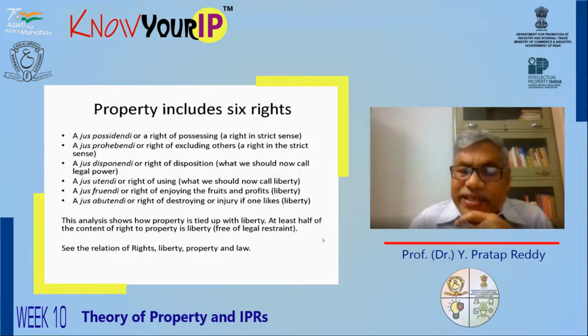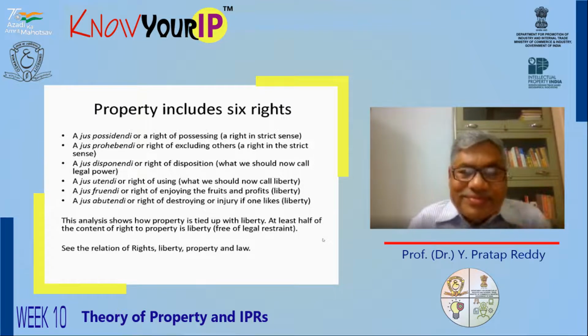Jus fruendi, the right of enjoying the fruits and profits. That is also a case of liberty, the liberty of enjoying the fruits and profits arising out of that property. Jus abutendi, that is the right of destroying or injuring if one likes. Right of destroying, abandoning, the right to leave a thing. The right to destroy is also a liberty. If one likes, he can destroy his own property, but subject to legal restraints or limitations. These are the 6 different rights